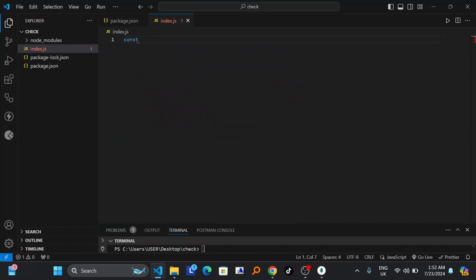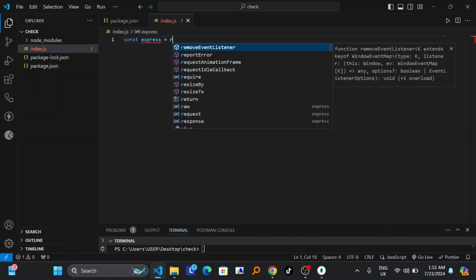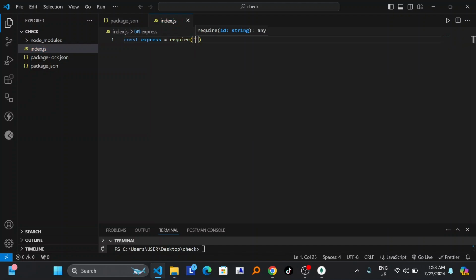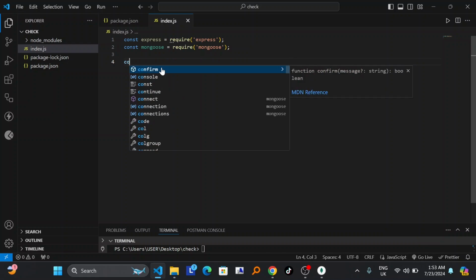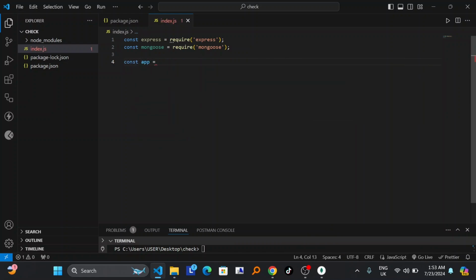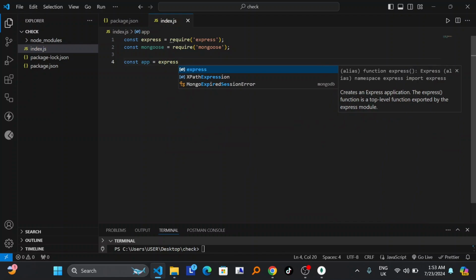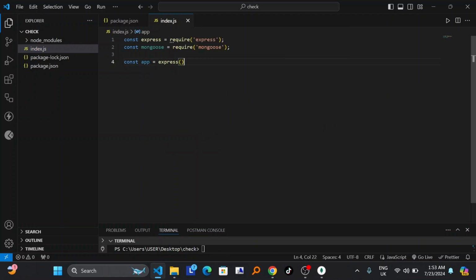I have to start by initializing Express: const express equals require, bracket, single quotation, let me write express, and then I keep the semicolon here and write const mongoose will be equal to require bracket mongoose like this, and keep the semicolon here, and I also have to write const app equal to express bracket and keep the semicolon here,